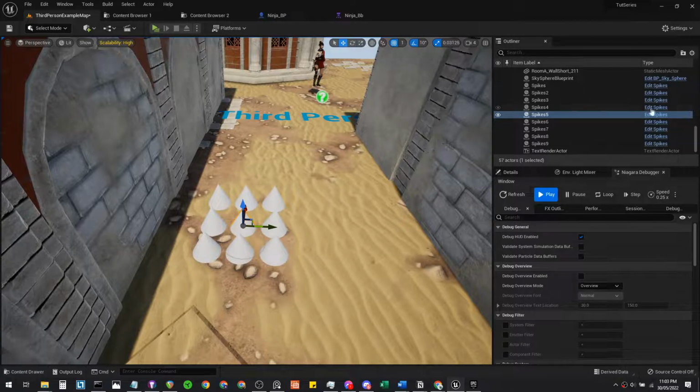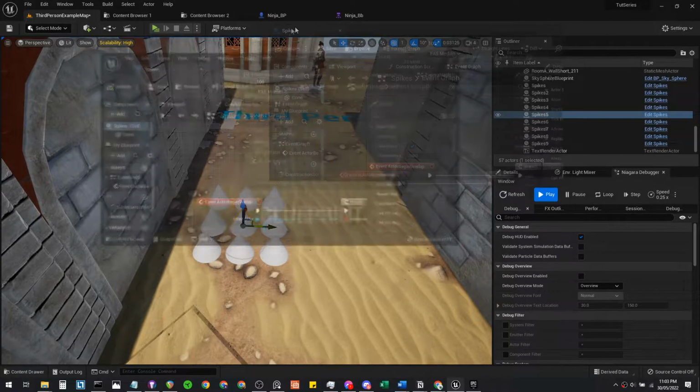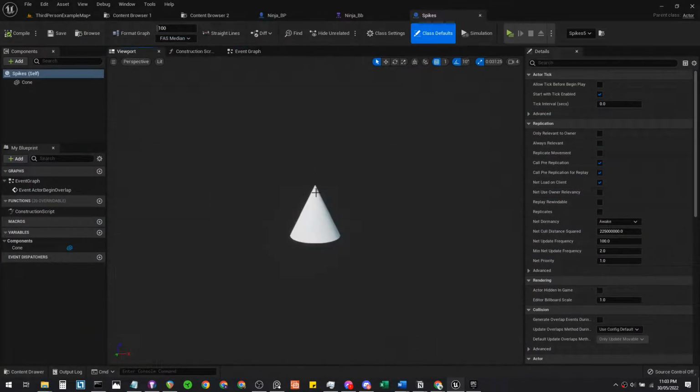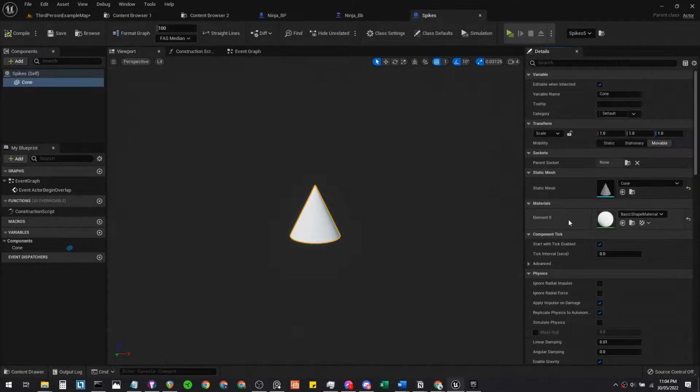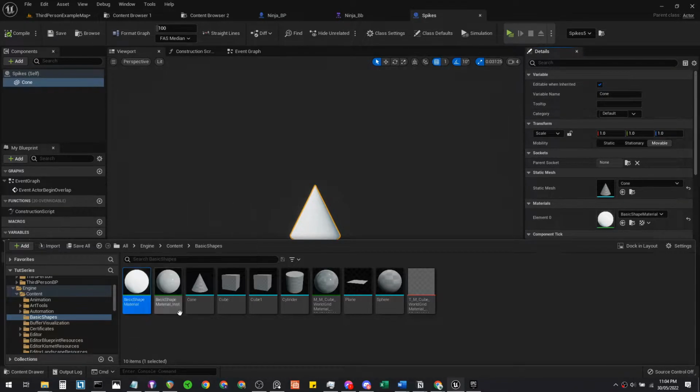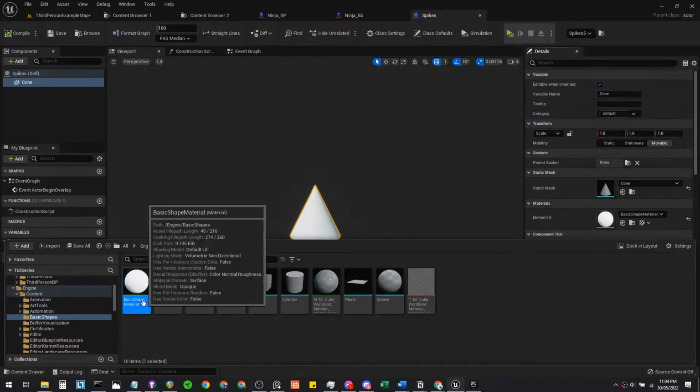One thing we're going to do is open up the spikes, click the spike here, zoom into this, and drag it to our viewport. We're going to make this color black, or we'll try to find a material here that's kind of dark. I can't really find anything that I like, so we'll try to make a custom one. I typed in black, but nothing is popping up for black. So what we're gonna do is click the browse here to open it up, and then we're going to